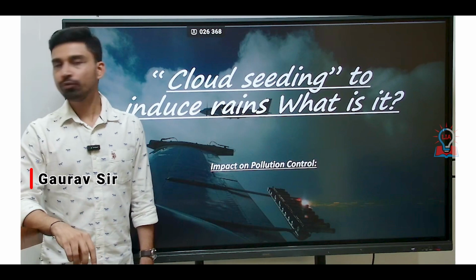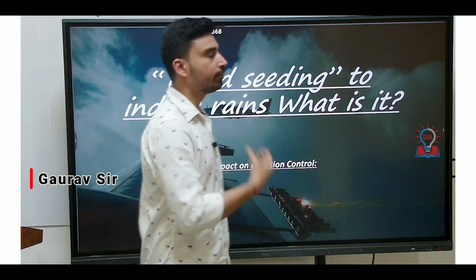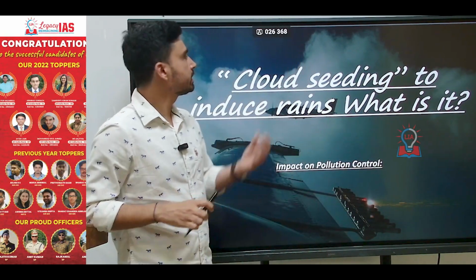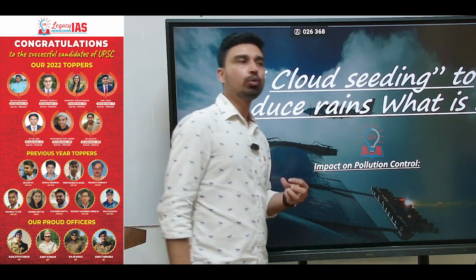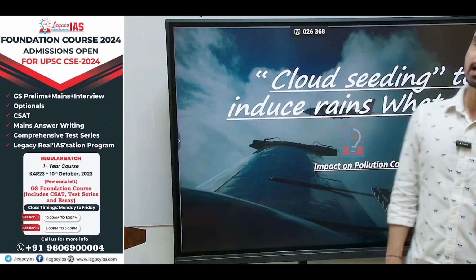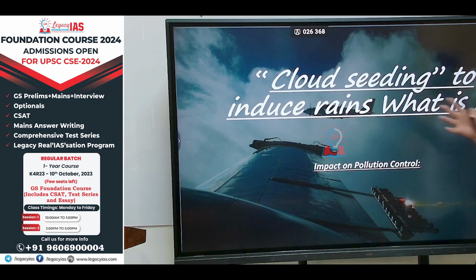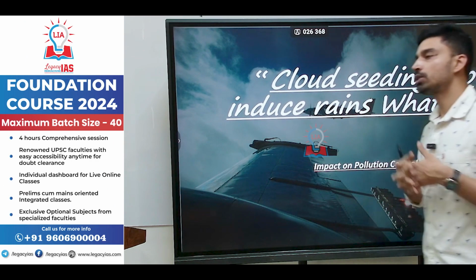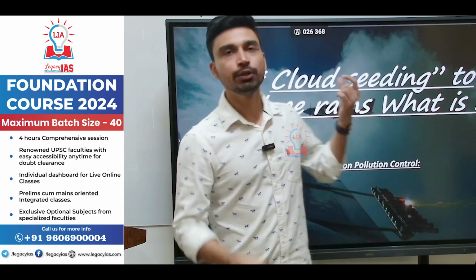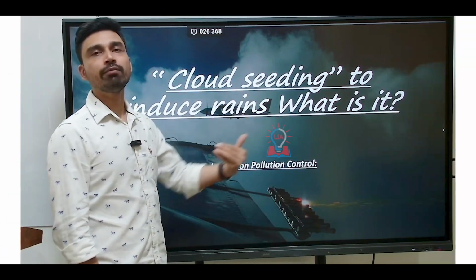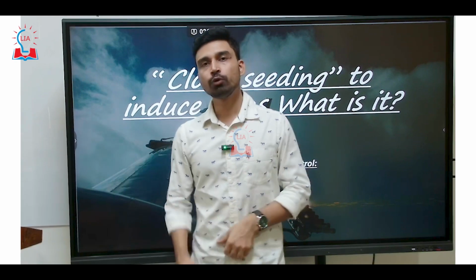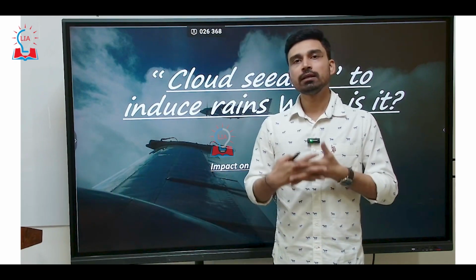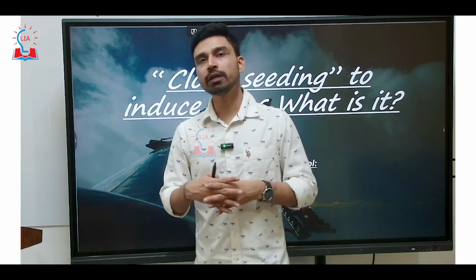In today's video, we are going to discuss a recent phenomenon that is making the headlines, that is cloud seeding. Cloud seeding is something that is done to induce rainfall in the atmosphere, and this term was in use because the Delhi government was thinking of using this method to induce rainfall so that the atmospheric pollution level can be brought down. If you remember, a few days back, the pollution level in Delhi reached a critical level